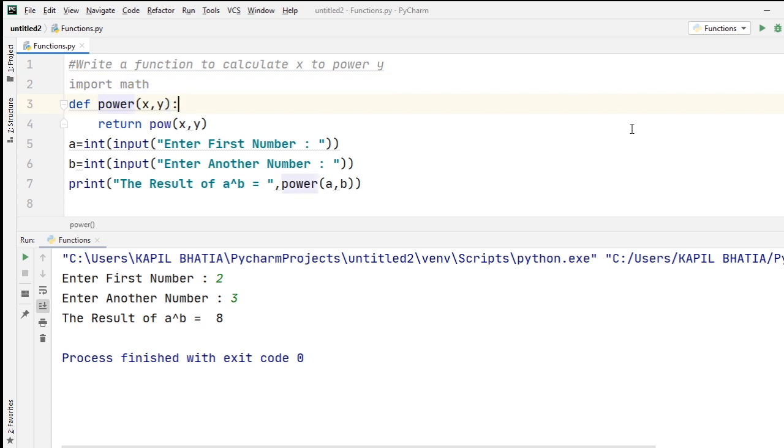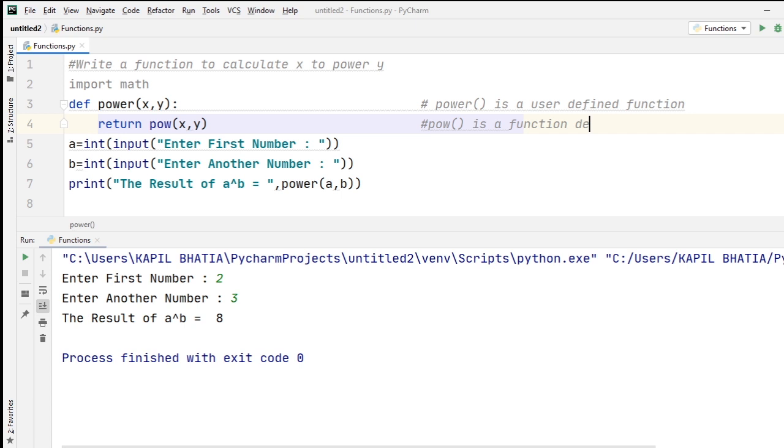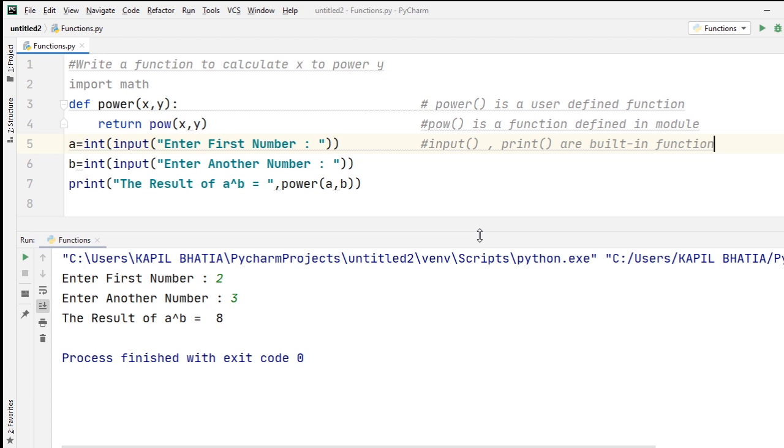So we can say: here power is a user defined function, pow is a function defined in module, and input, comma, print are built-in functions. So I hope you understand all three types of function.